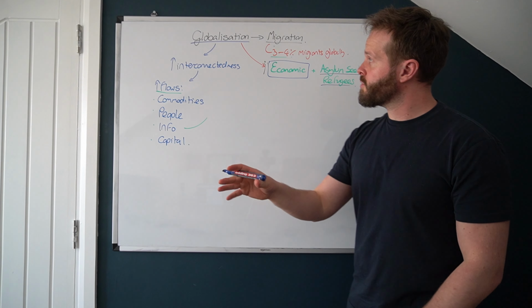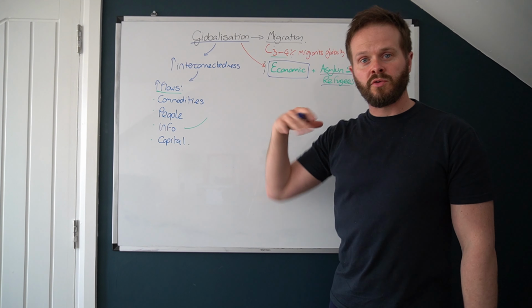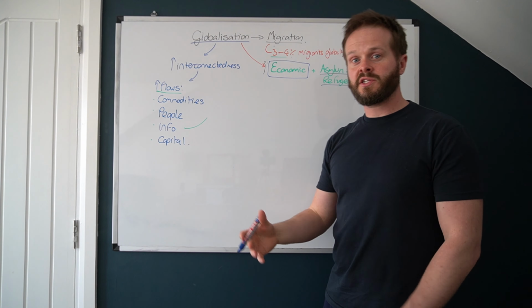Okay, next up, the other reason that we can link globalization to increasing economic migration is as a consequence of political globalization, which is essentially multilateral agreements between different nations, things like trade blocks. So political globalization is different nations working together. There are legal agreements between these nations, and trade blocks are one of those. One of the best trade blocks that you can talk about with respect to the movement of people is obviously the European Union. Now the European Union would be classed as a more integrated trade bloc.